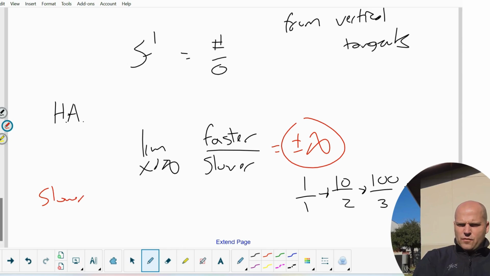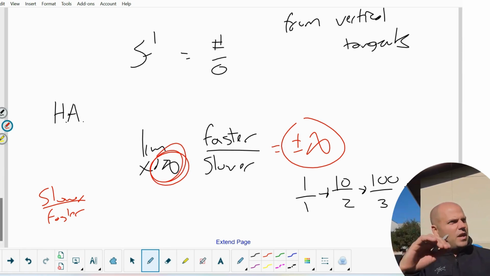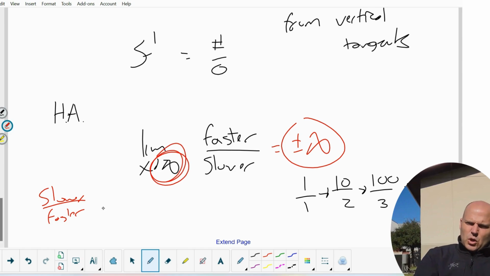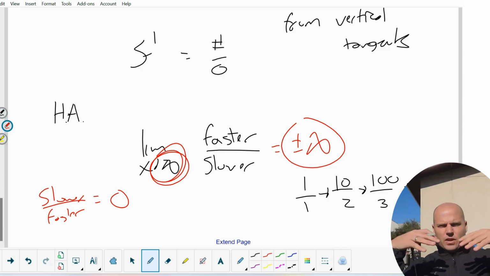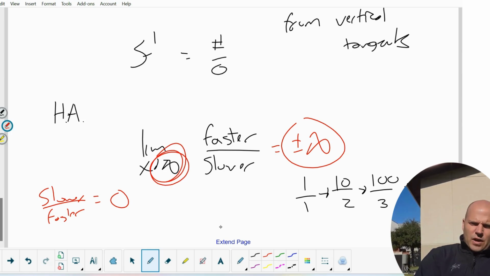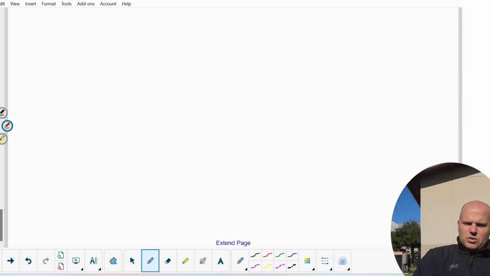If we have a slower over faster, again, you're plugging in infinity for x. This is where we cross out things because we don't have to worry about them. Slower over faster, we're approaching 0. And then same over same, you'll be able to figure out, oh, this stuff cancels. We will have whatever coefficients we have. Very quickly for horizontal asymptotes, don't forget